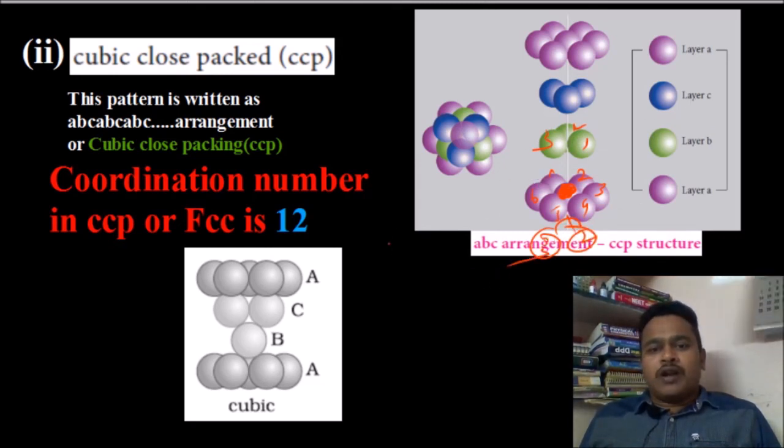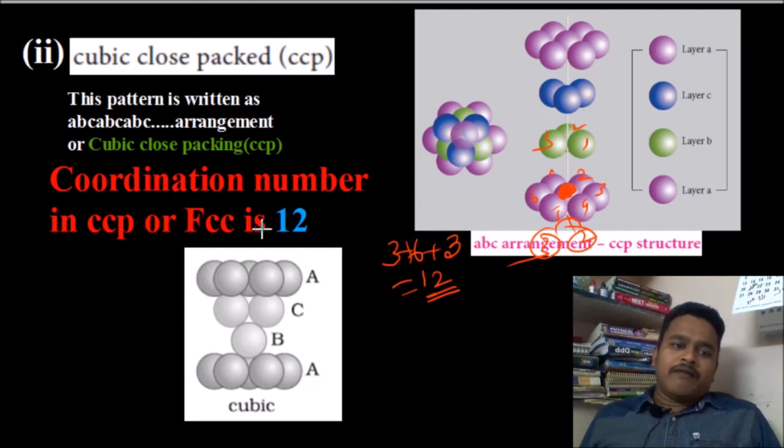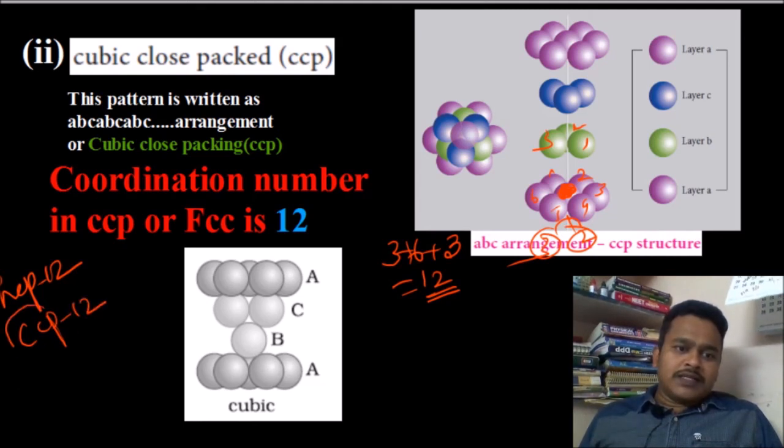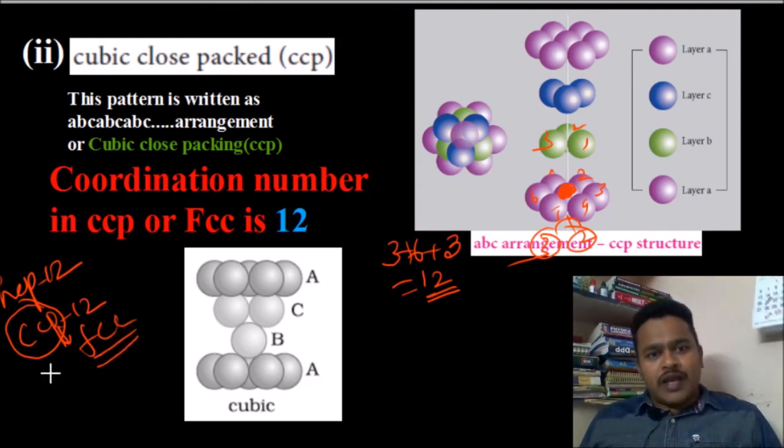So overall 3 plus 6 plus 3, here also 12 is the coordination number. Finally, in HCP the coordination number is 12, and in CCP also 12.